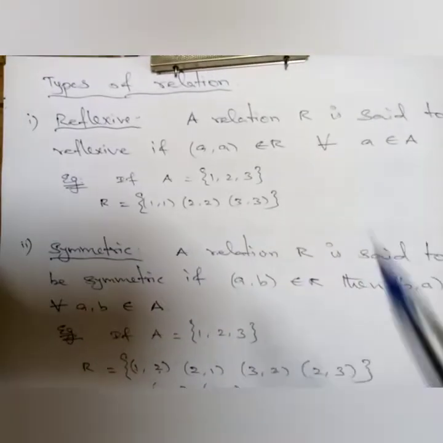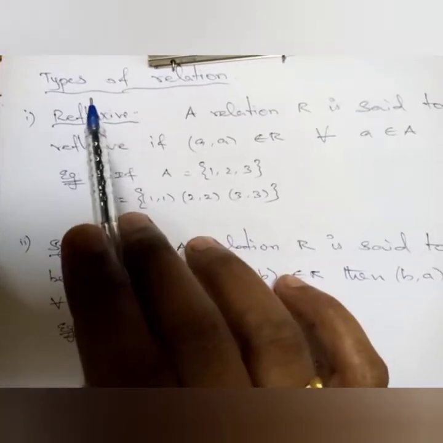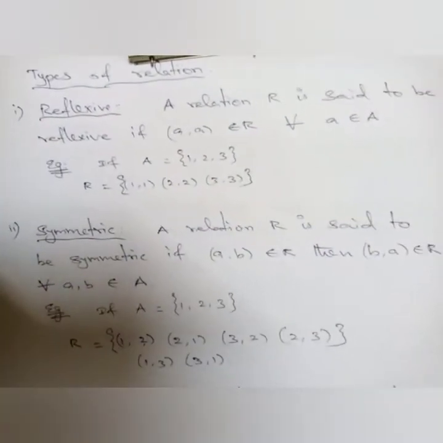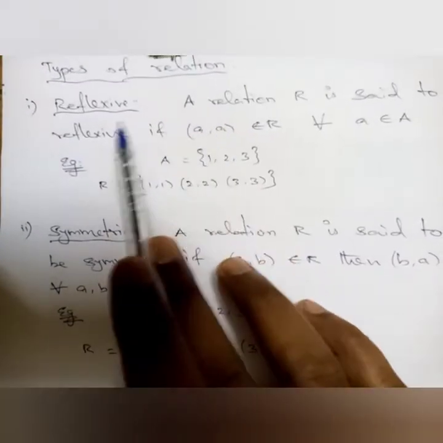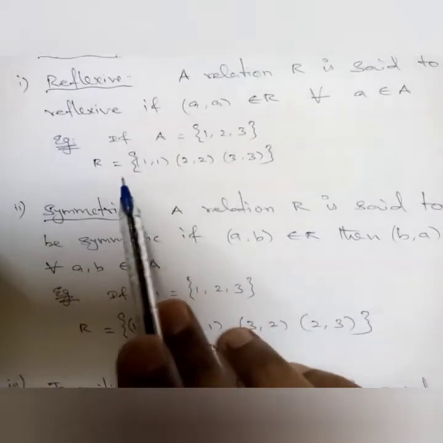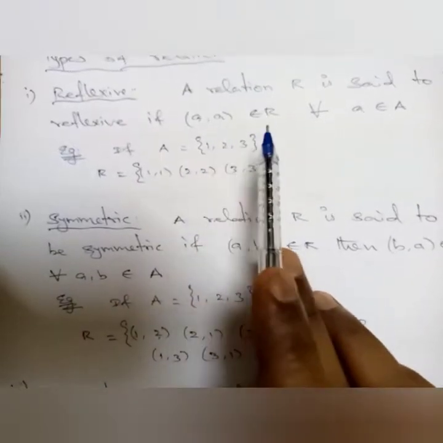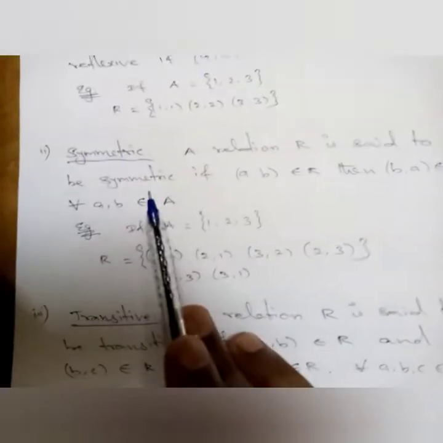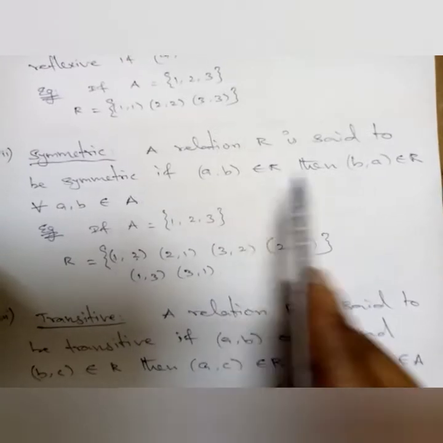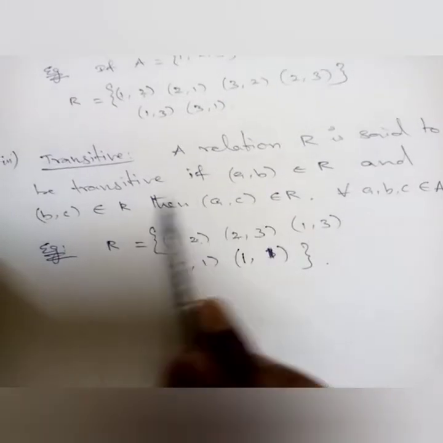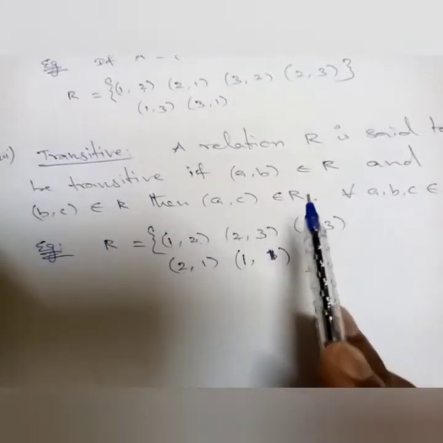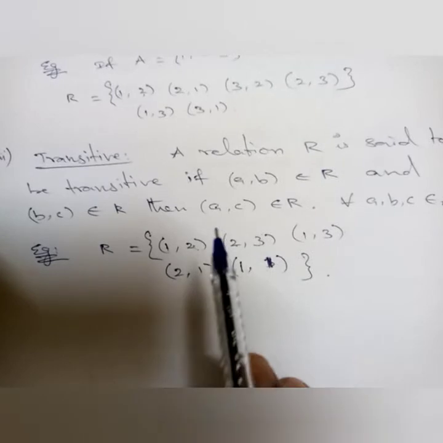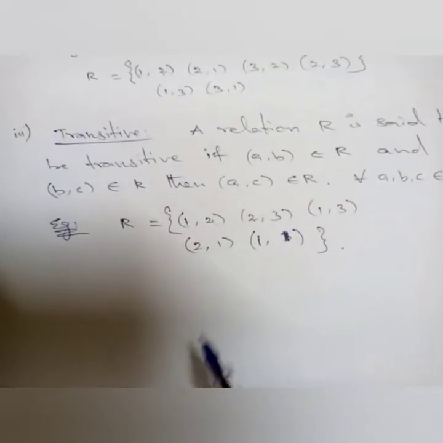So before going to that, we have to recall these three types of relations: reflexive, symmetric and transitive. In the last video I explained this everything. So reflexive is nothing but R = {(a, a) belongs to R such that for all a belongs to A}. This is reflexive. Symmetric means (a, b) is there means (b, a) must be there. Transitive means (a, b) is there, (b, c) is there, then (a, c) also is there in a relation. Then we can say that it is transitive. Okay, now in this question